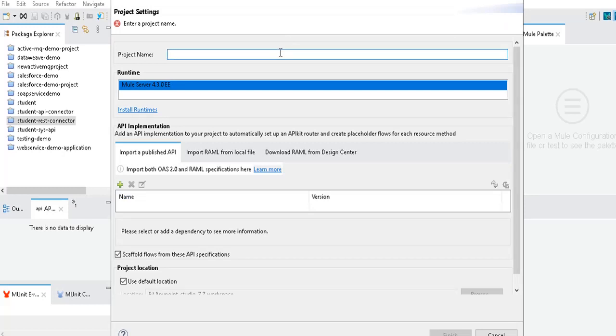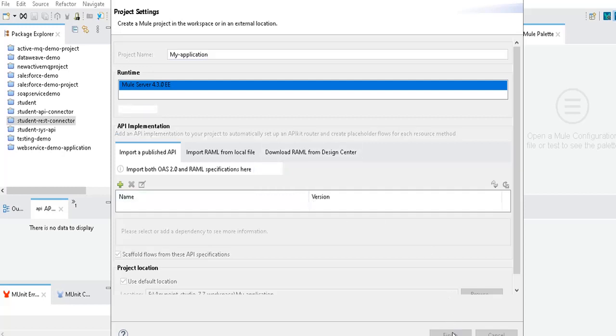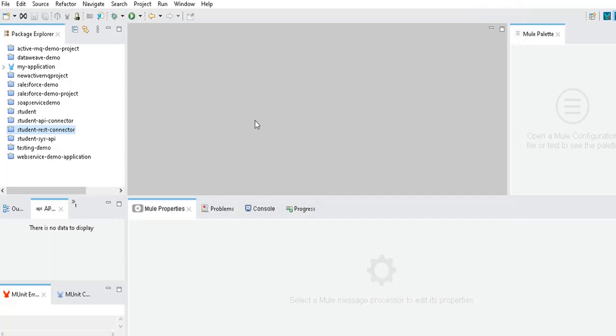Here I can say student details, or to avoid confusion, just my application. Okay, now finish it off. So once this project is getting created, we will see how we can consume that.